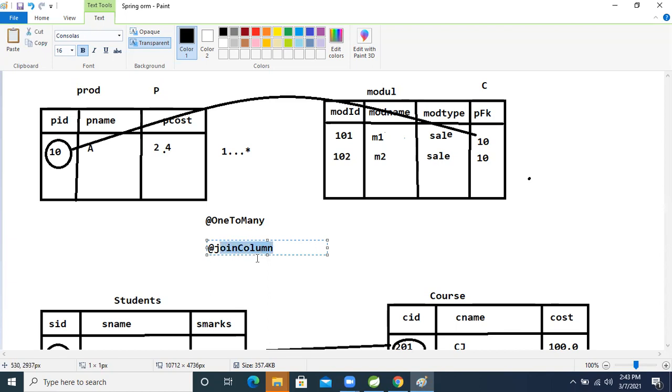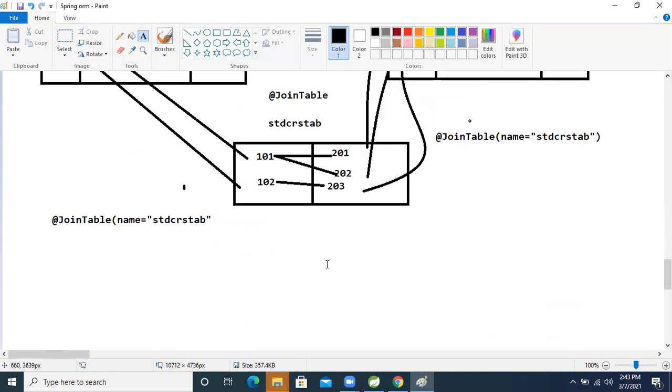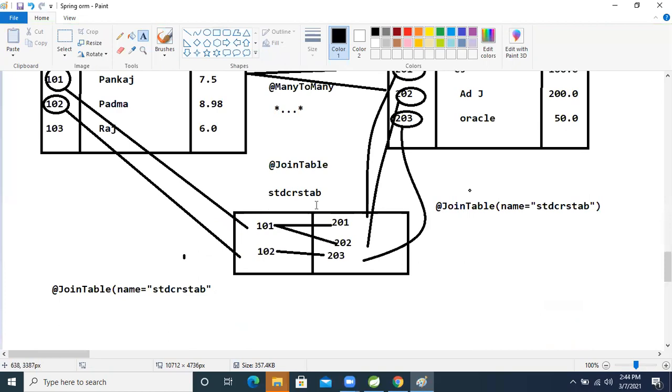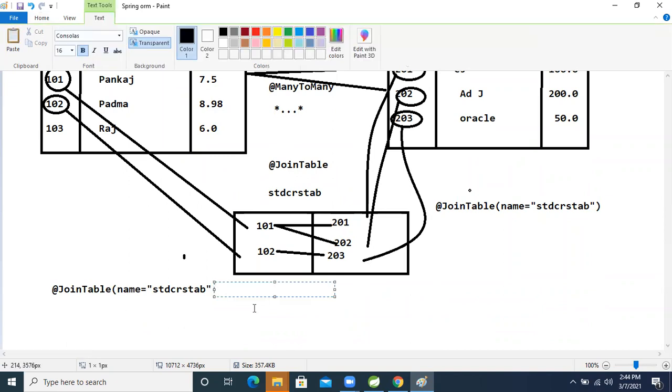At the rate JoinColumn, right? But in the third table, we need to generate two foreign keys. For that, which annotation will we use, again inside the table only? At the rate JoinColumns, right? We will apply this annotation equal to, inside that, right?